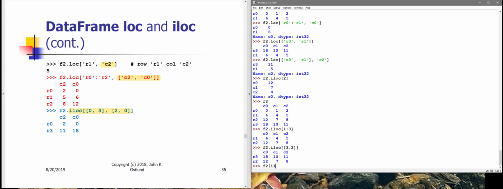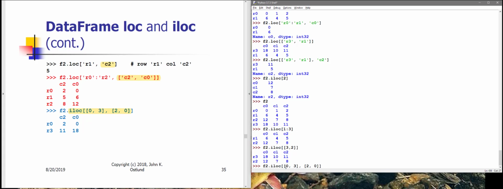Let's take a look at that one, because this one is different from what we saw with ND arrays. I don't know if you recall that with ND arrays, when I used a fancy index for the rows and a fancy index for the columns, what I got back